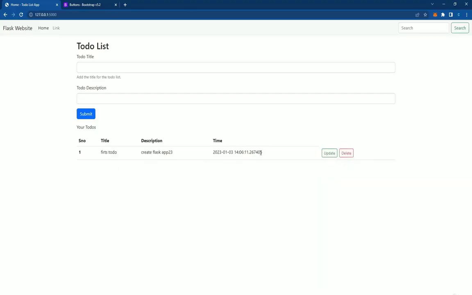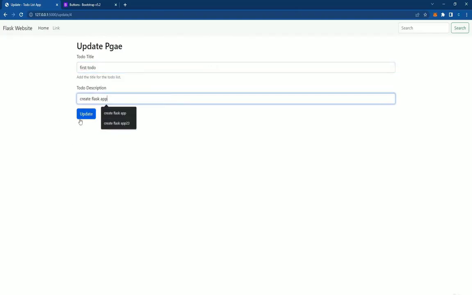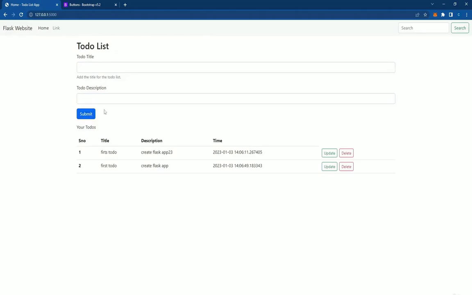I will delete the previous one, and you can see we have a title with first to do, and the spelling is wrong over here, and the description contains create Flask app 23. I want to update this data. If I click on update, now you can see we are getting an option to update this data. I will correct the spelling over here, and remove this 23. After that, if we click on update, now you can see